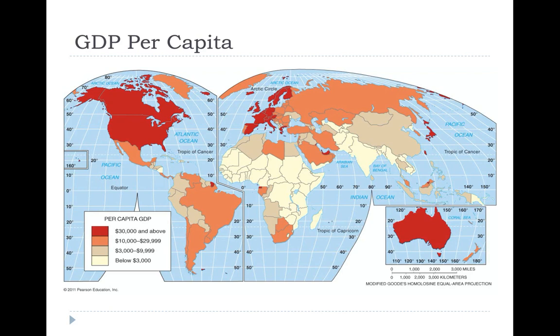Your less developed countries are the countries in the pale yellow. They're the ones that are making $3,000 per year or less per person on average. Okay, so to put that into perspective, countries that are in the pale yellow color that have low GDPs in an entire year, they are making less than I make in 1 month.